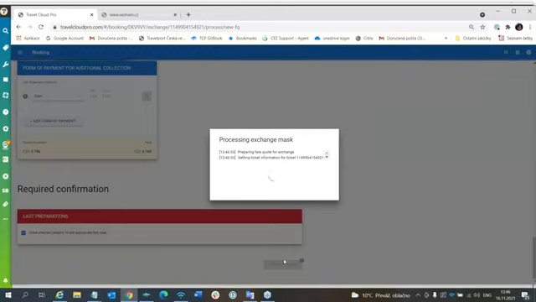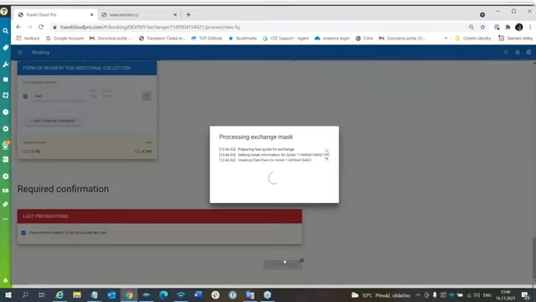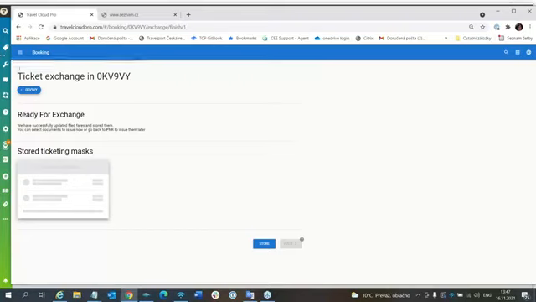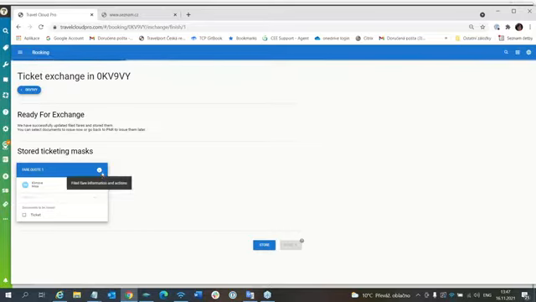And you can see on your screen what TCP is doing just now, that it is working. So it is creating exchange mask. Everything will be completed, and everything is stored in your PNR and prepared for either storing